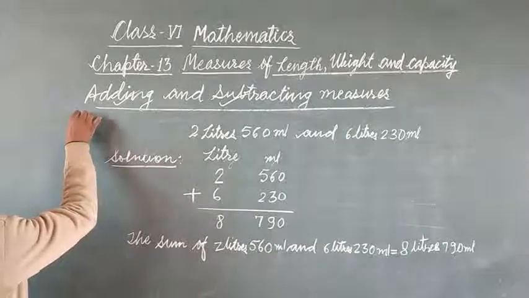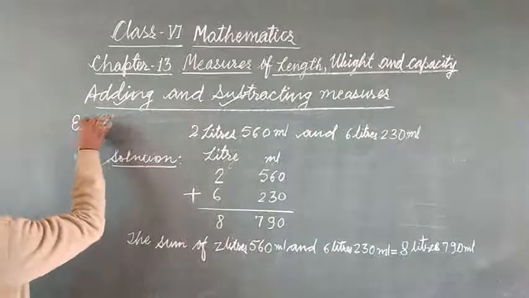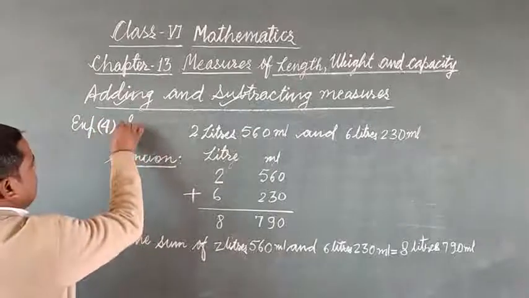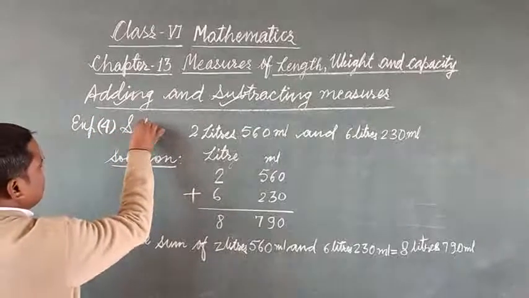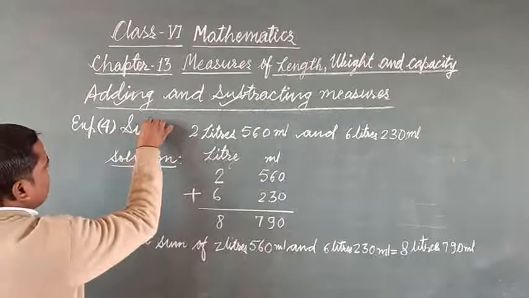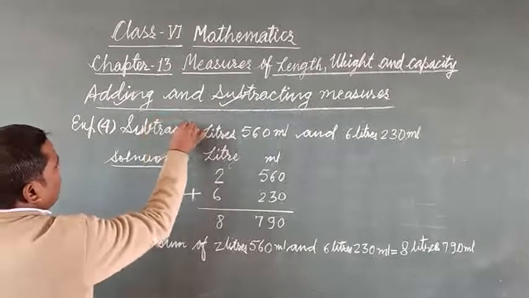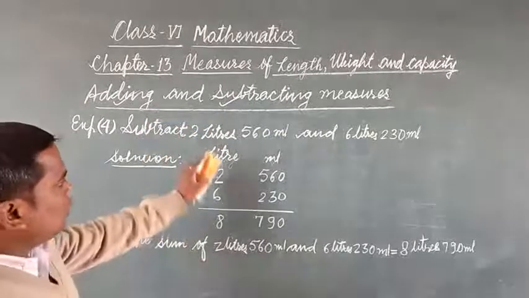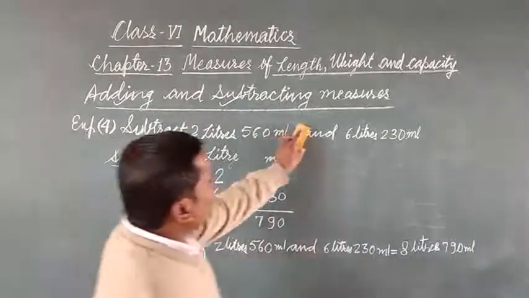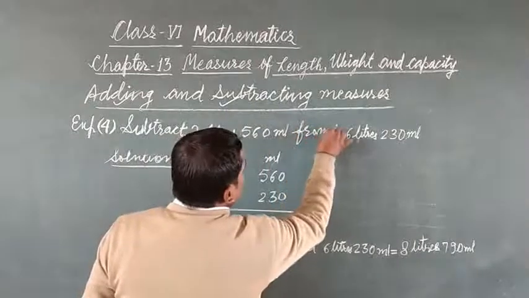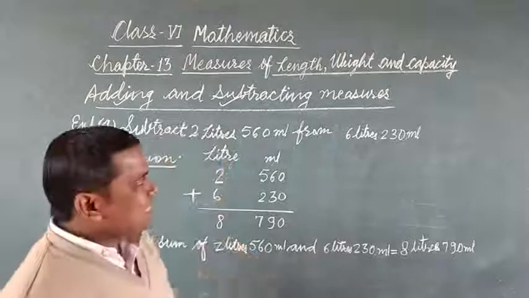So here is example number 4. Subtract 2 liters 560 milliliters from 6 liters